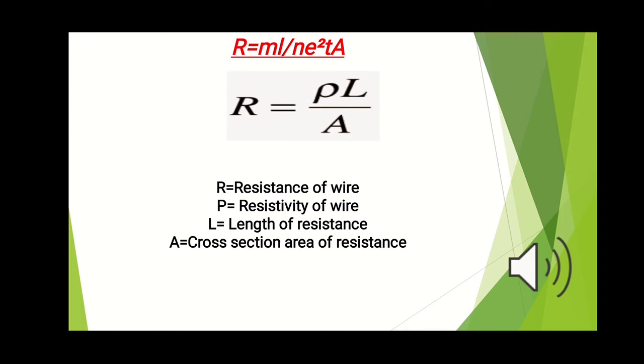The next question is, the wire is melted and redrawn such that the cross section area is made twice the original. I am repeating the question. The wire is melted and redrawn such that the cross section area is made twice the original. Then what will happen? When the cross section is twice the original, the length of the wire becomes half. So the new resistance will become 1/4 times the initial one. This you can solve in your notebooks and match the answer. Okay.